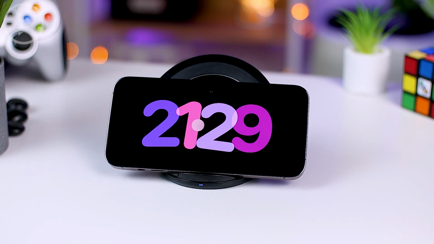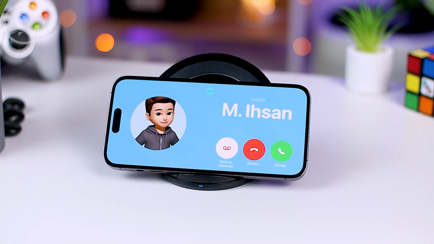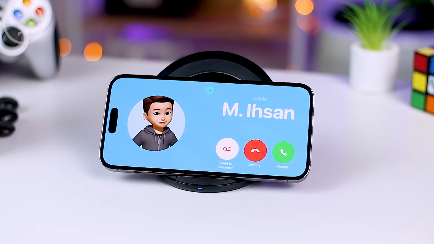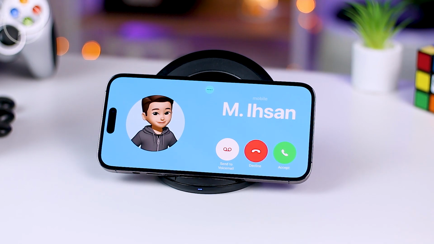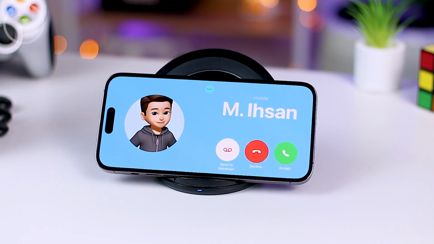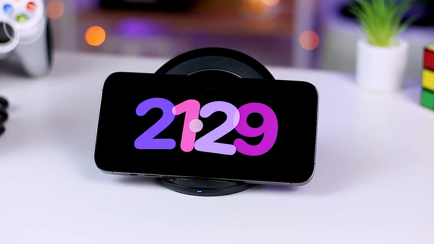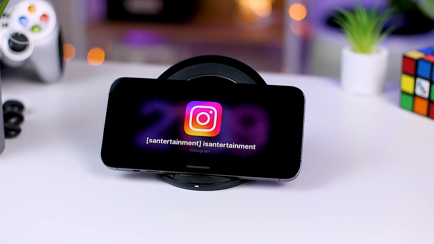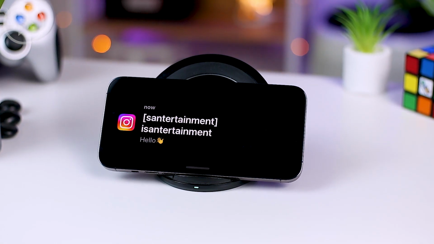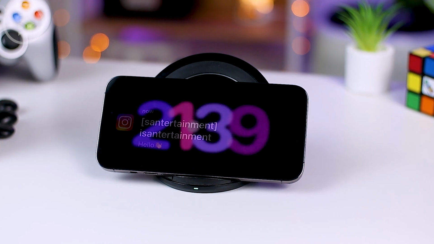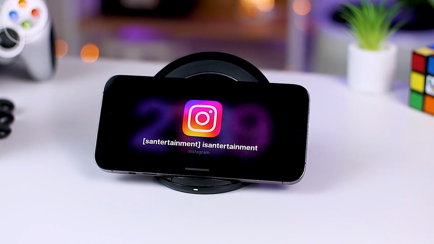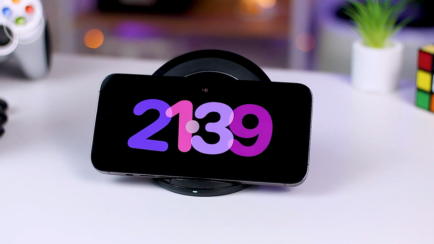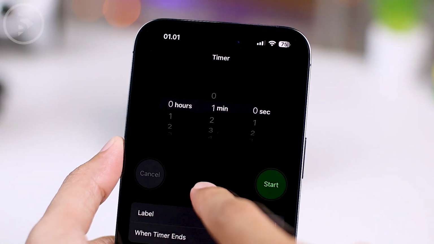And then when your iPhone is in standby mode and a phone call comes in, the call display will also appear immediately in landscape mode. And if the incoming call is from the contact that you have set the contact poster previously, the appearance of the photo and also the color that you have set will also appear in this section in landscape mode. Apart from that, when you activate your iPhone in this standby mode and there is an incoming notification, the notification will also immediately adjust and appear in landscape view. Here you can immediately see the appearance of the application icon and also the contents of the notification from this view.